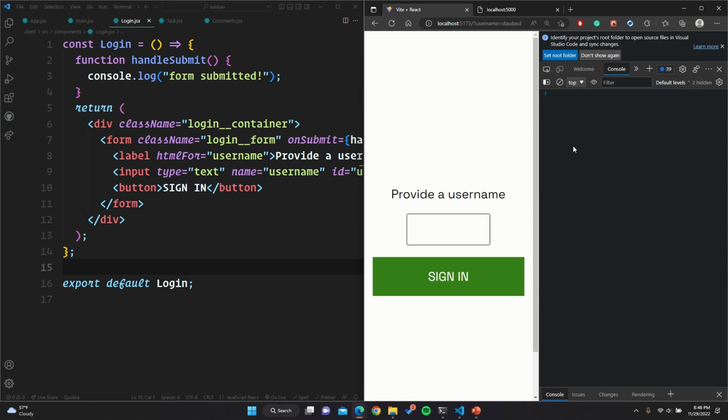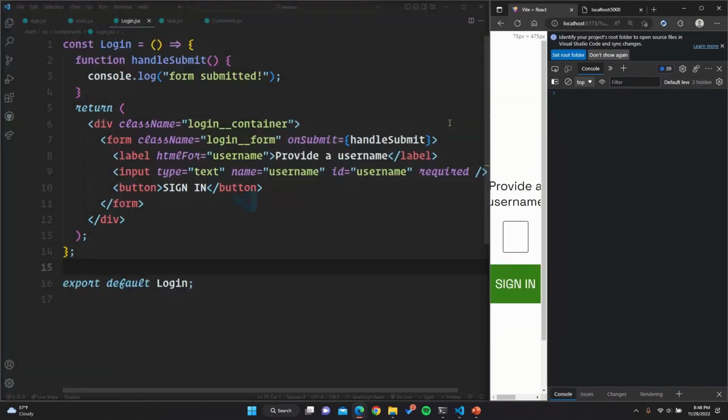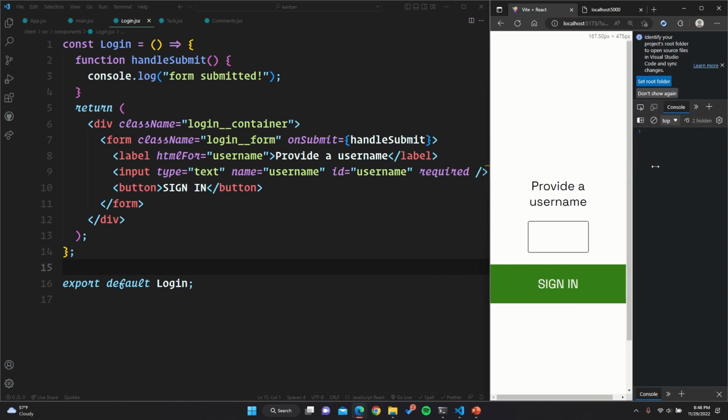So a bunch of gibberish. There you go. We have form submitted for a little bit, but the page is refreshed. That happens because the browser wants to submit this form somewhere. So it actually does a GET method or POST method, like an HTTP POST method. So we don't need that